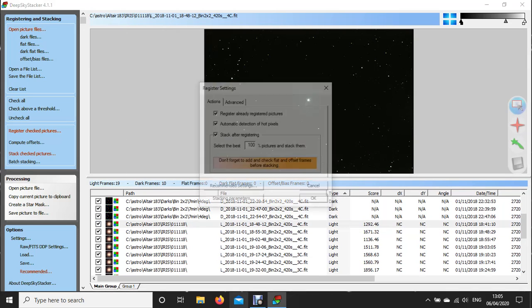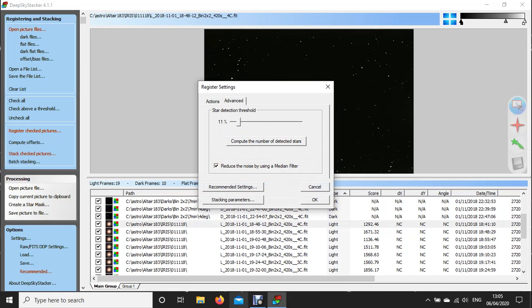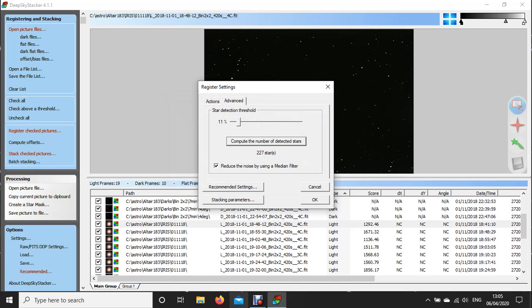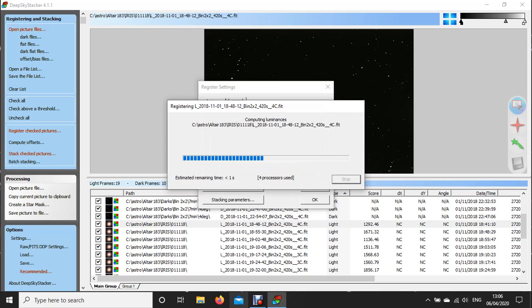So again, if I open register pictures and click on advanced, let's compute the number of stars again. It's now seeing 227. As I said, you need to see at least 50 stars, but a couple of hundred is really good. If you're not getting that, you can increase the sensitivity and move it down. The most sensitive would be 2%. If I click on that again, just to show you, if I've changed the sensitivity down to 2%, you'll see